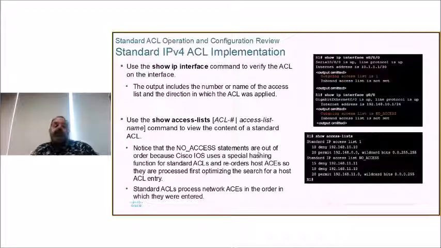Now once you've defined your access control lists, how do we check them? If you do show IP interface, it will show you any access lists that are outgoing or inbound. You can also do show access lists, and it will tell you about those access lists. It tells you about IP access list 1 and IP access list no access. Now you'll notice that it gives it a number beside it. That's a good hint, in that if you wish to edit that access list, if I wanted to stick a line in between